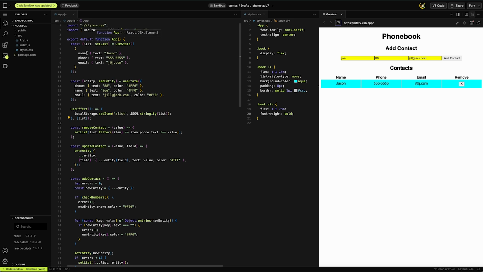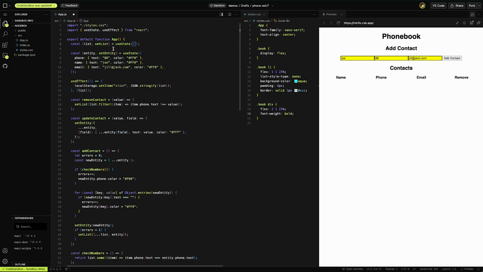The default for the list is up here. At this point, I'm going to say when you start off with everything, go ahead and start off with no value. It's just an empty array. And if I added it, it would go into there, but the first one is empty. However, I want to say it's going to be